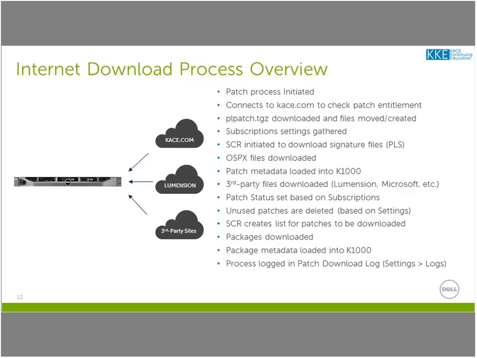And each patch has a status. Either it's active or inactive, or it's disabled or it's enabled, right? And we've discussed what those terms mean and how they impact your patching processes in the past KKEs. But the statuses now are set. If you've got it automatically activated as they come down in your subscription settings, then we'll automatically activate them. If you don't, then we'll inactivate them and so forth and so on. Right? Superseded patches, if you want them to be automatically inactivated, we inactivate them now at this point and so on. Now, any unused patches, you have the ability in your settings to configure the unused patches to be automatically